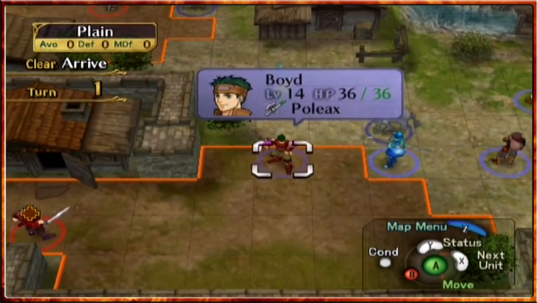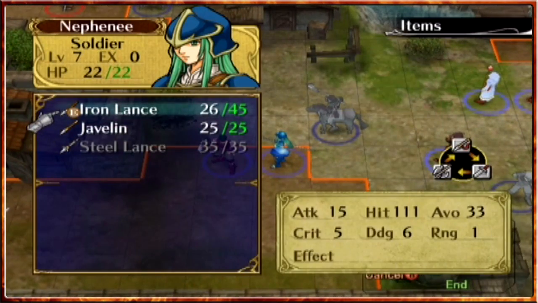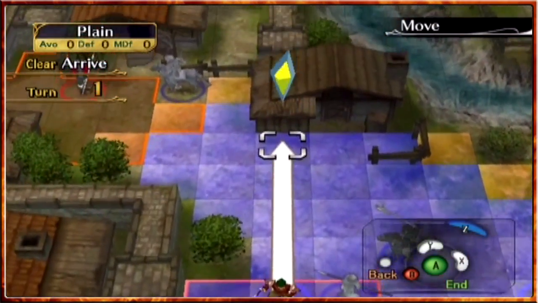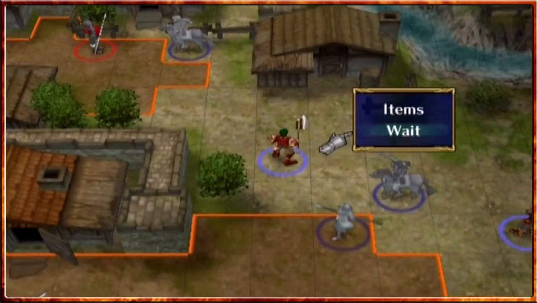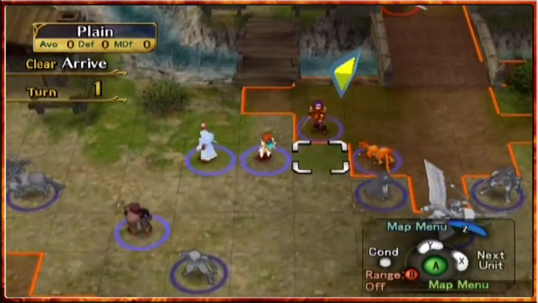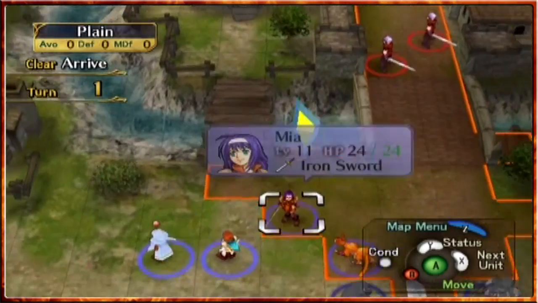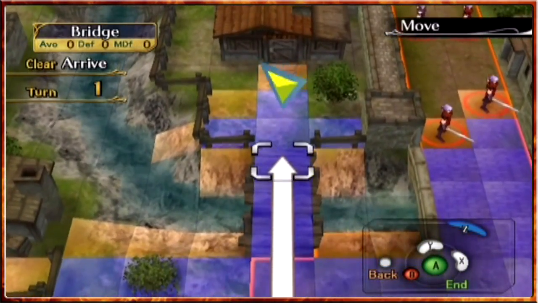Right, apart from that, we can move Boyd forward, or to be honest, we can move Lethe forward 1 spot, switch for an Iron Lance here, and look at the Swordman to come into range and fight. We can move Boyd up further here, or we could keep him low down, ready to get moving in. I was expecting this square to be an attack square, so let's let Lethe be the one that gets attacked. We can move Mia out here, or we can move Lethe forward in order to try and sort out...